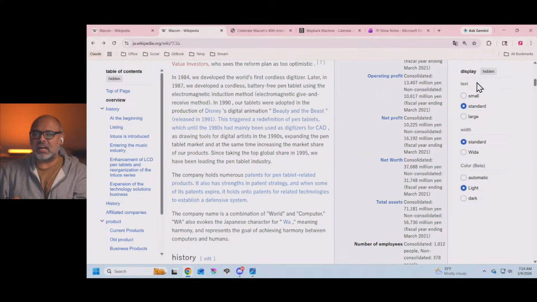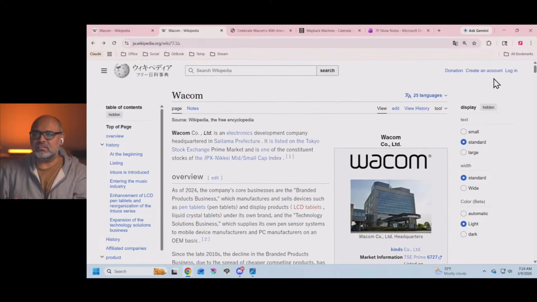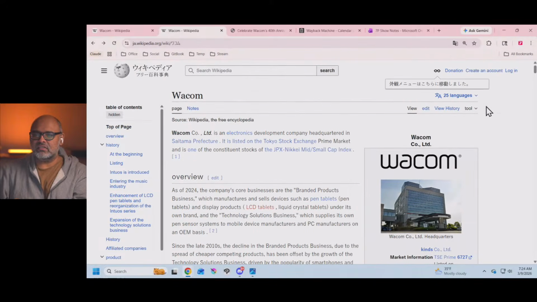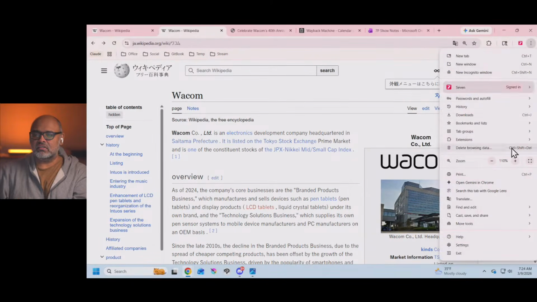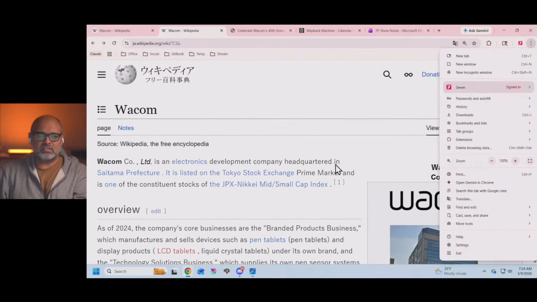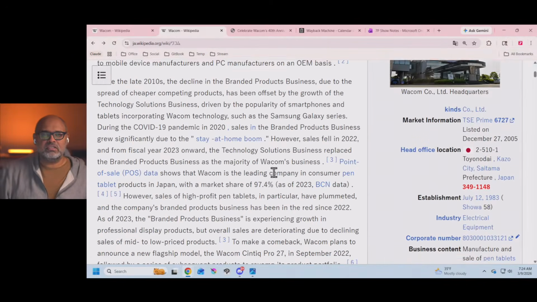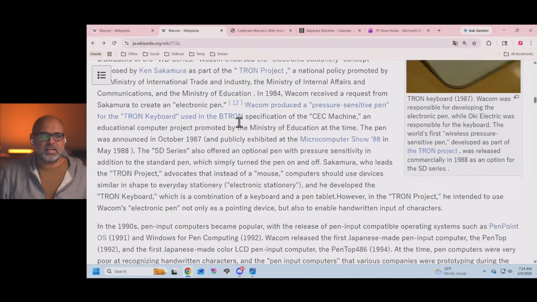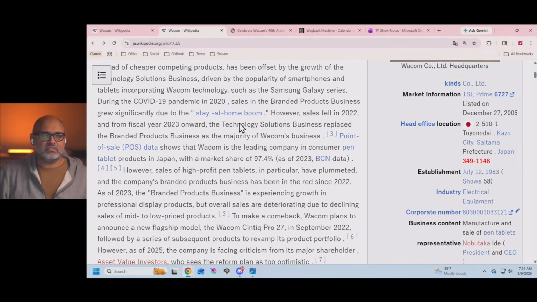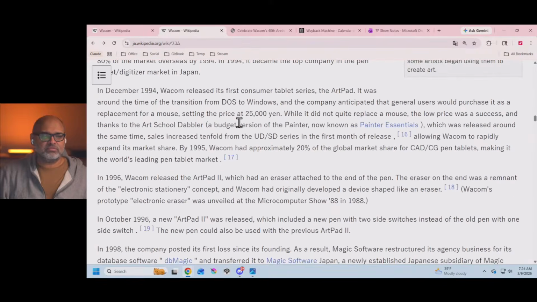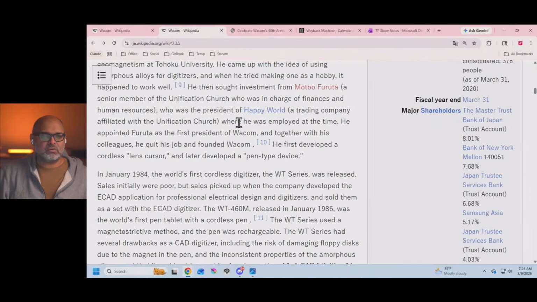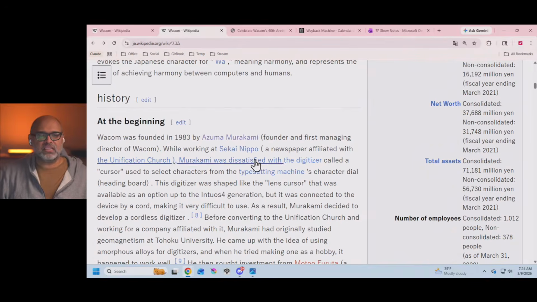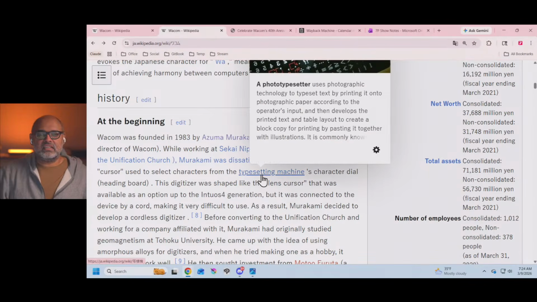By the way, is there any way for me to hide this stupid thing here? There we go. And let me zoom in on this. Okay, there we go. Okay, so now we're talking about, where are we at? The beginning. Sorry, where's the? I'm skipping around so much. I don't know where the heck we went. Here we go, at the beginning. Okay. And let's just see.